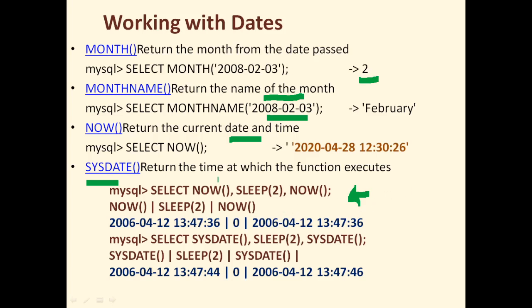It takes the date and time from the system, but just before the execution of the command. So you can see here, though we have given now 2 times, after a waiting time of 2 units, still the output is the same. While sysdate takes the time from the system every moment wherever it encounters sysdate. So here, as you can see, sysdate is 13:47:44 in terms of time, and after a sleep of 2, I am able to see the 2 units delay in the time also. So this is about the date functions.